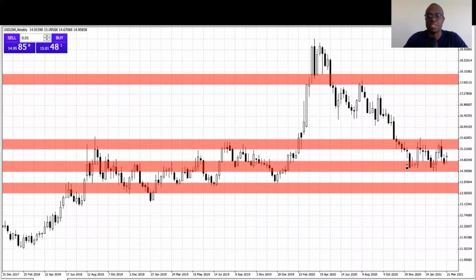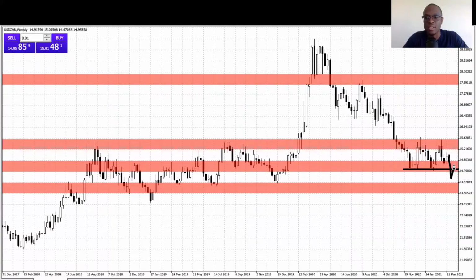The second scenario that I'm expecting is that since we cannot control the market and since we cannot predict the market, a possible bearish scenario will be that the price is going to pull back from this, right, and form a lower high. From that lower high, we're not going to trade. Why? Because the price is just coming from a higher high. So we're expecting that the price is going to break below 14.39096, pull back,